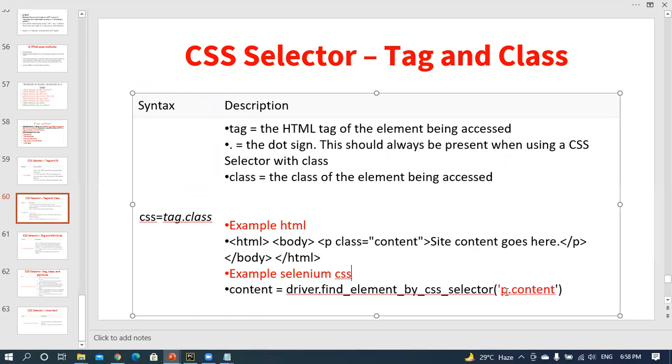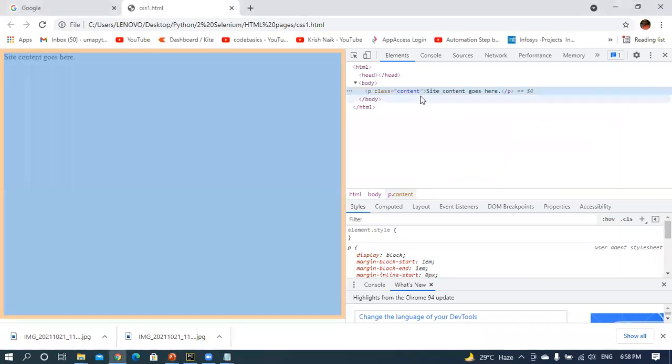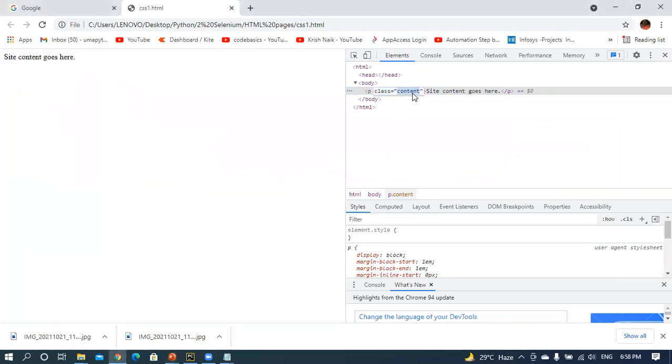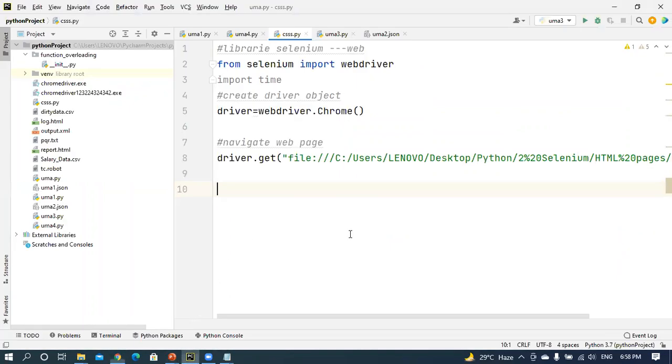P is a tag name, and content is the class. With the help of the CSS selector, I'm going to find that particular element.